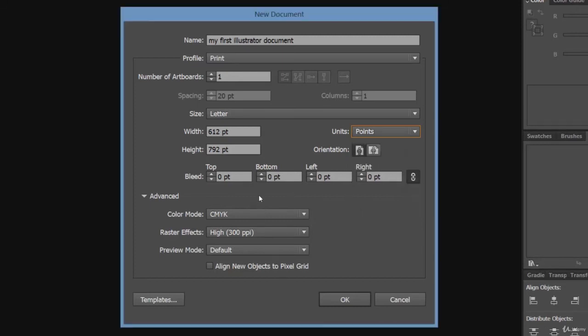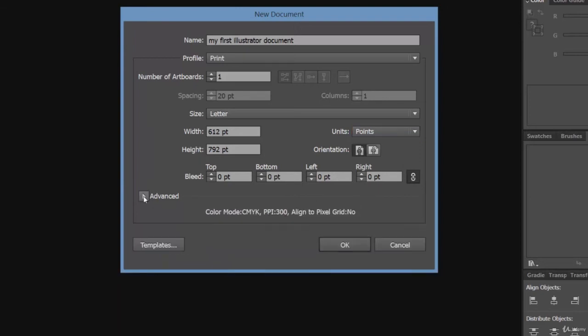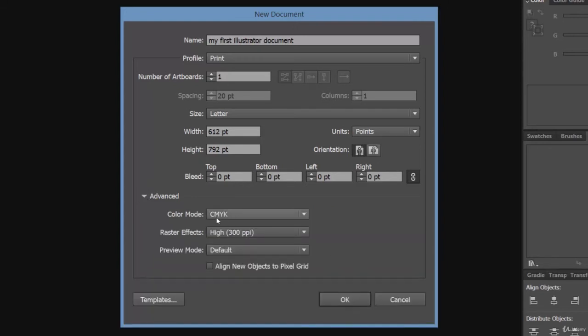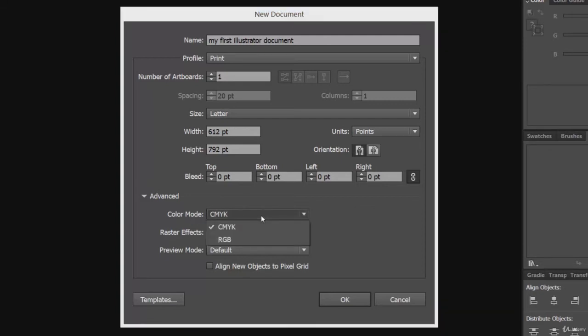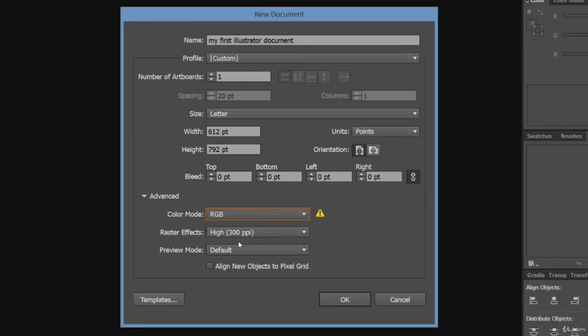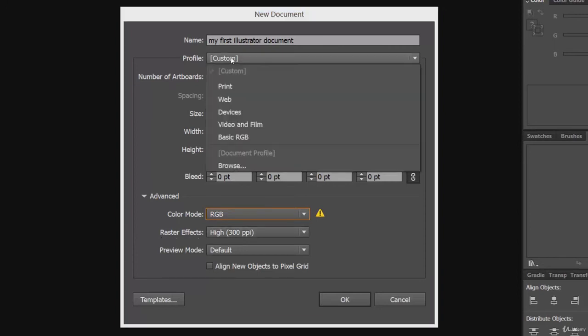Okay, this is the bleed option. Let's skip it for now. And here are some advanced options. You can even hide it if you don't want to look at it. But let's take a look at it. This is the color mode. CMYK is selected. You can also work on RGB mode. Now, then we have the raster effect. This is the resolution.